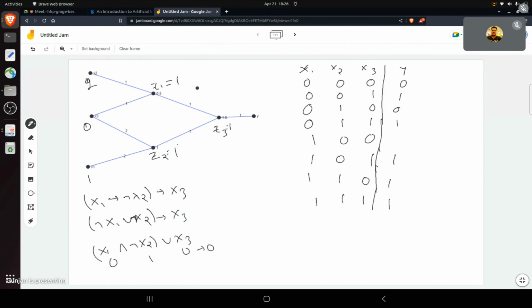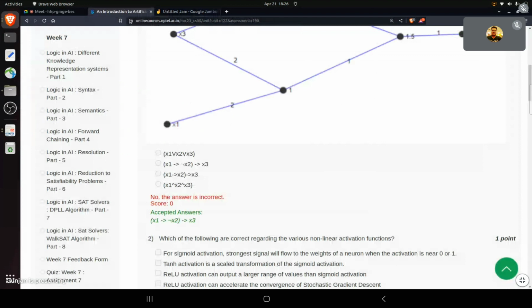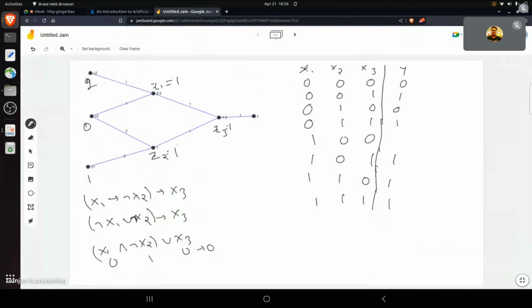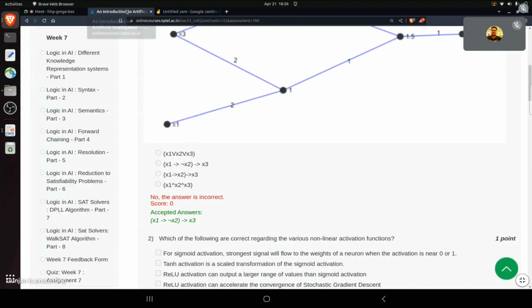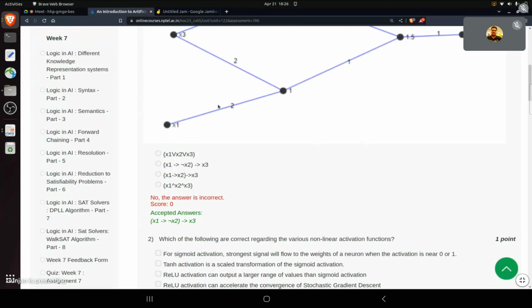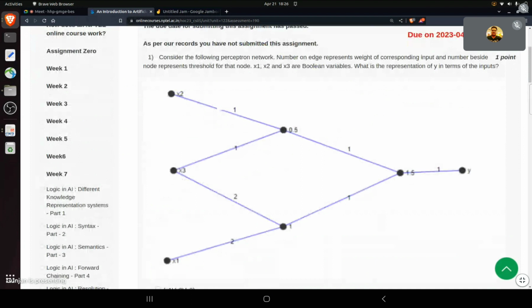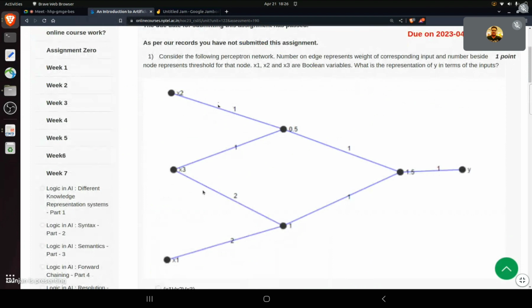No, I'm not getting your point. What do you mean by symmetrical? Can you give more context? If you look at x1 and x2, sorry, can you show the question? Sure. If you scroll up a little bit, if you look at x1 and x3,